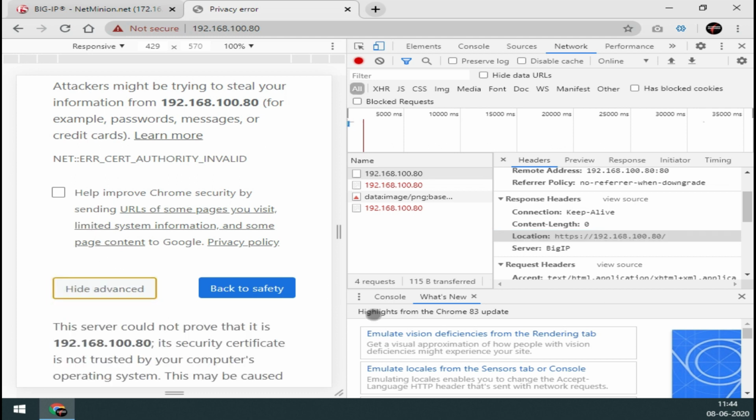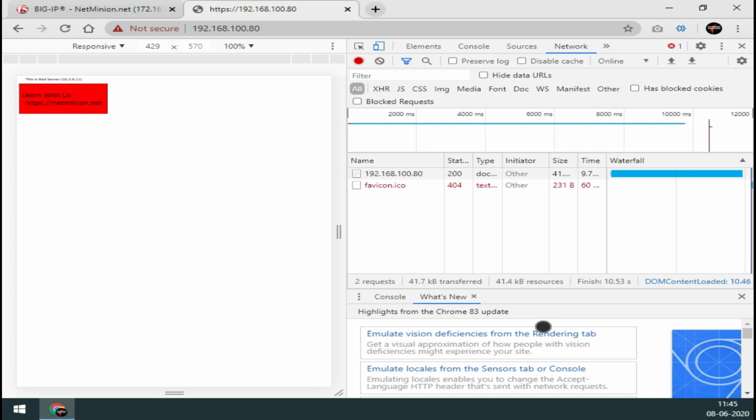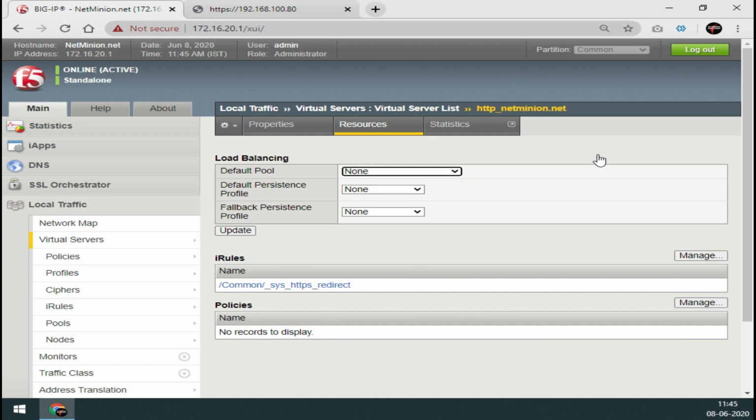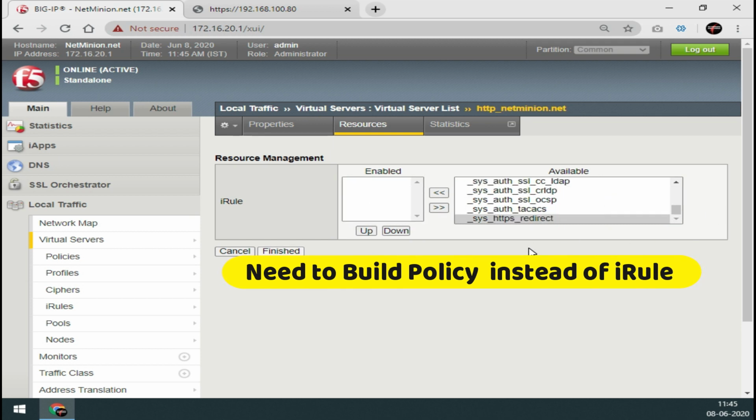If you press advance or something like that, you are going to see the web page also. Whatever server is in the background responding to this web page, that should respond, but it hardly matters whether it is coming or not. So you can see the web page is now there and it is serving. But the main thing is your iRule. You have written some kind of iRule, it was already there and you use it, but this iRule is in the TCL format.